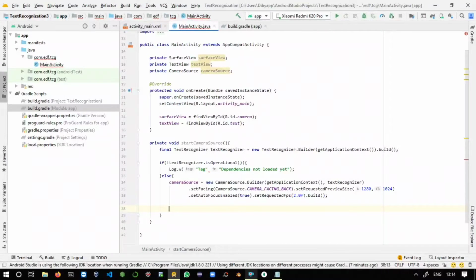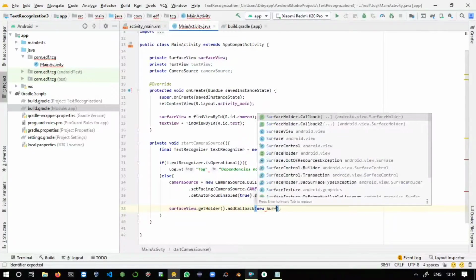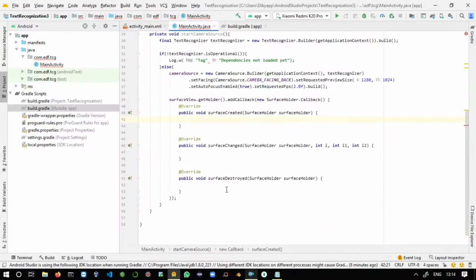Here you can say surfaceView.getHolder().addCallback. Inside that you can say new SurfaceHolder.Callback. Fine, we got our three overridden methods. Inside the first method you can say try.